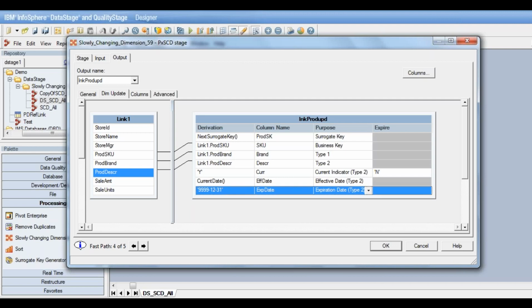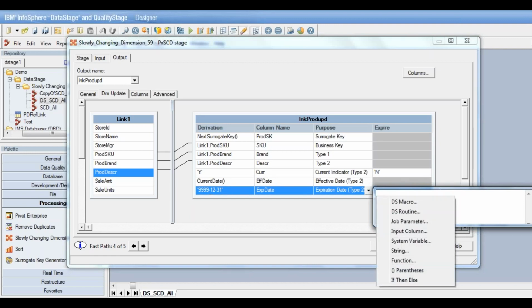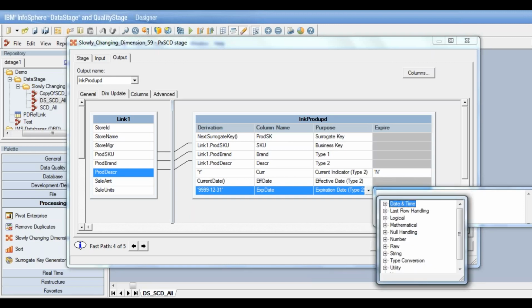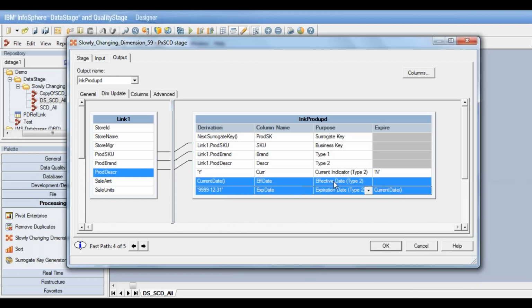The end date would be the start date of the current record. Because we have set the effective date as current date, the same thing needs to be set here as well. So they'll be end dated with the current date. So again, go to the function category, date and time functions and current date. These are the only things that we need to set here.